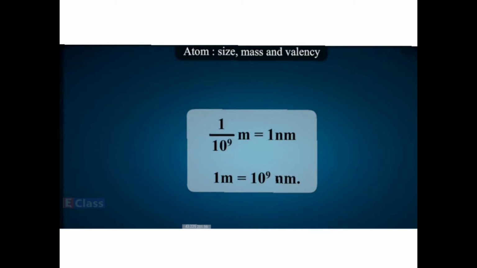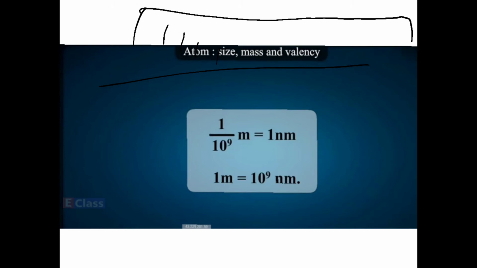Beyond 10 crores I am talking about. So that many parts we are going to make of 1 meter, and one small tiny part will be called 1 nanometer. I repeat, you have 1 meter,